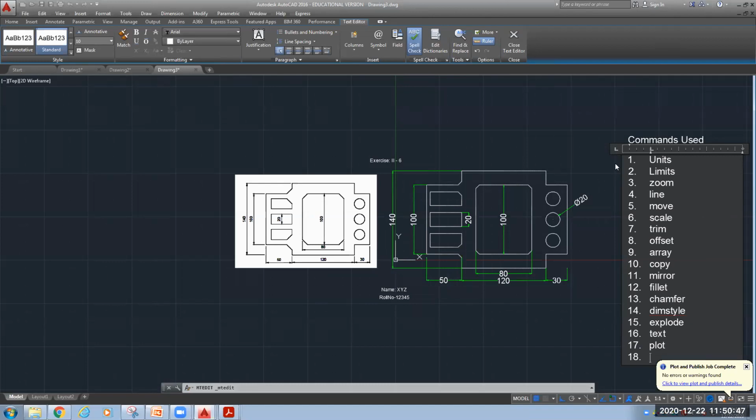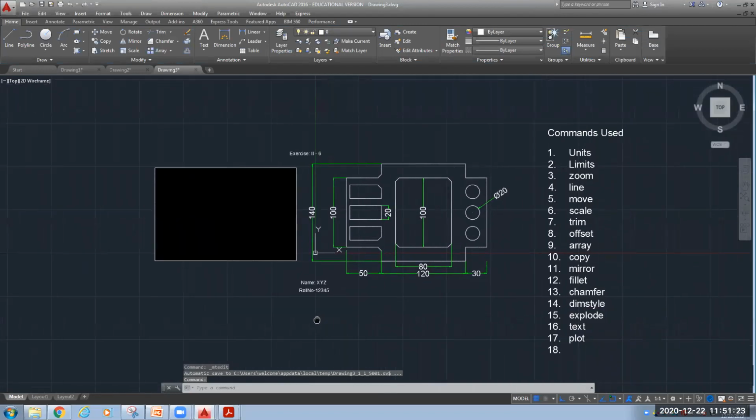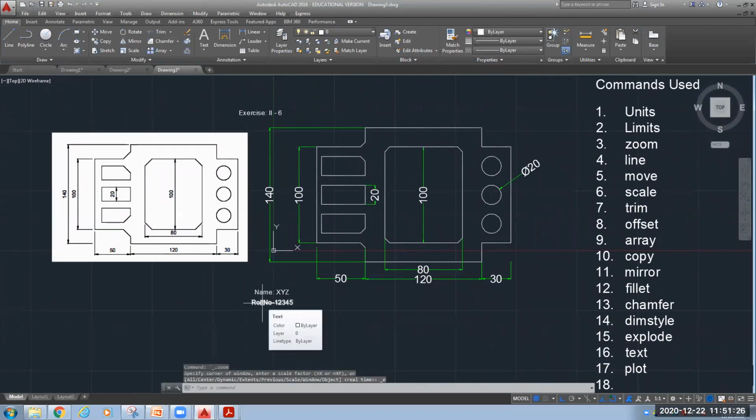So these are the list of commands that we have used for drawing all 2D figures. Till now, we have drawn simple 2D diagrams. At first year level, you should know how to draw simple 2D diagrams. This was the part of your unit number 1. By this, your unit number 1 comes to an end. In the next class, I will show you a few more commands and a few more functionalities of your AutoCAD software. From my side, it is over. If you have any question, you can ask me.